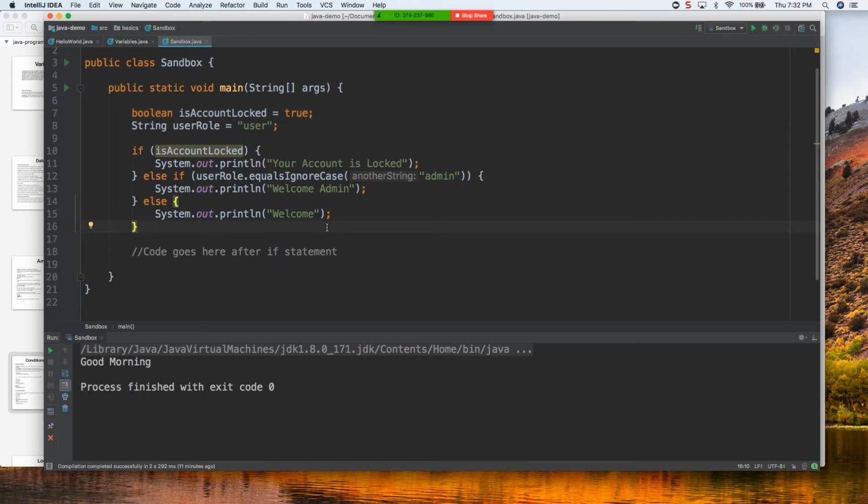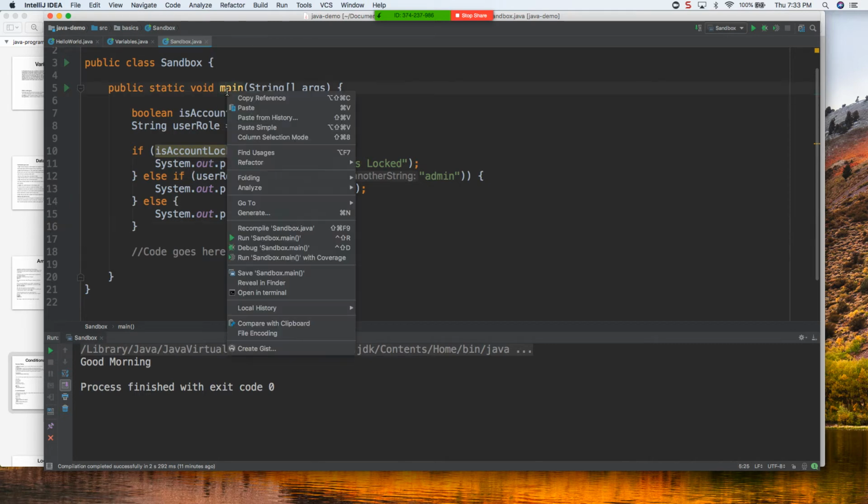What happens now? Raise your hand. If I run this code, what would happen? The account's locked, right? So it comes here and checks, hey, is the account locked or not? And then this one obviously looks for it here and says, hey, it is locked. And therefore, if you run this code,